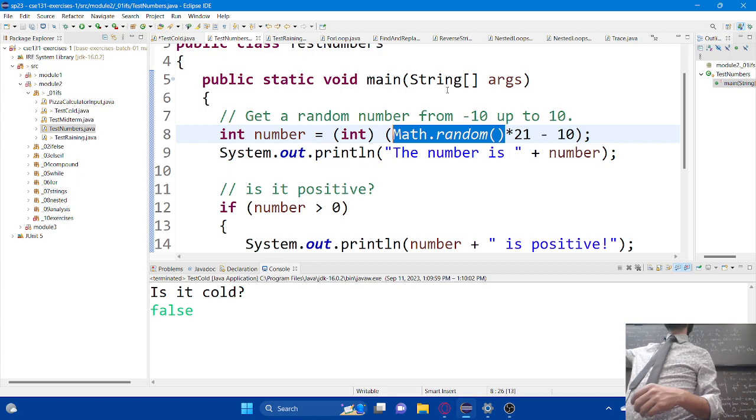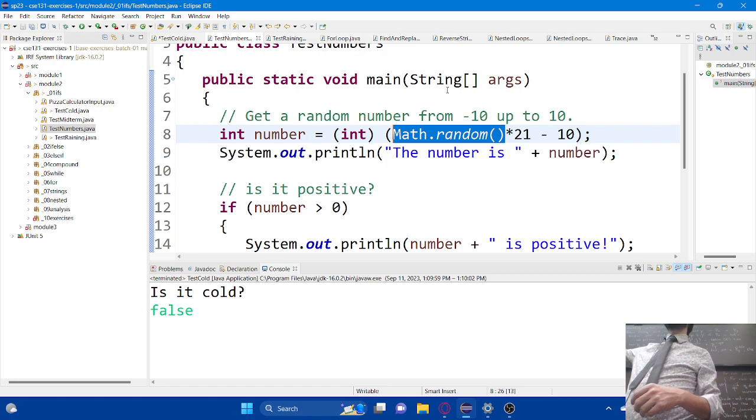Oh my gosh, Eclipse does not like me typing not code things in. Should put these in comments. There we go. Whatever range I want, it's going to be math.random times the range, which is really just upper minus lower, right? That's the range of values that I'm trying to generate.